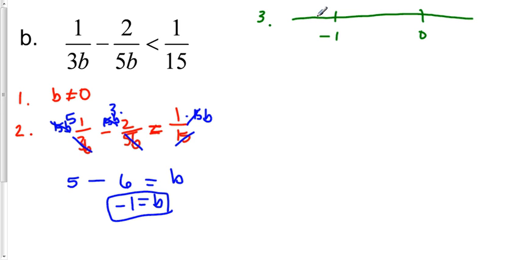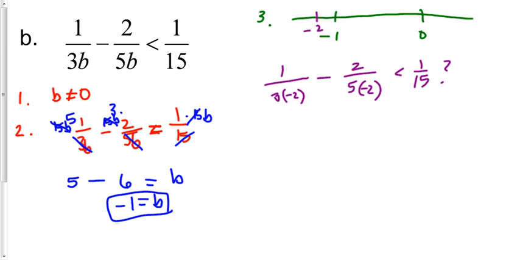First number I'm going to test is -2. And I'm going to plug it into the original inequality here. So -2 goes in for each b. 1 over 3 times -2 minus 2 over 5 times -2. Is it less than 1/15? You're asking yourself that question. Okay, so what I have here is